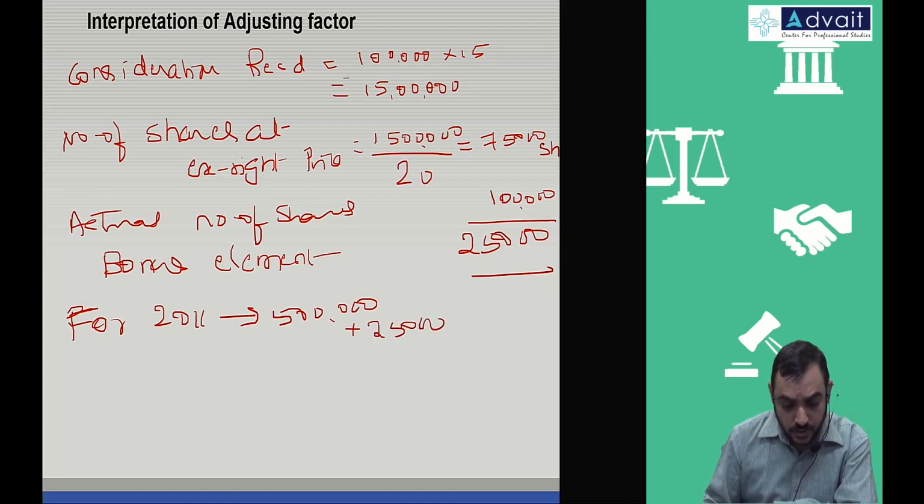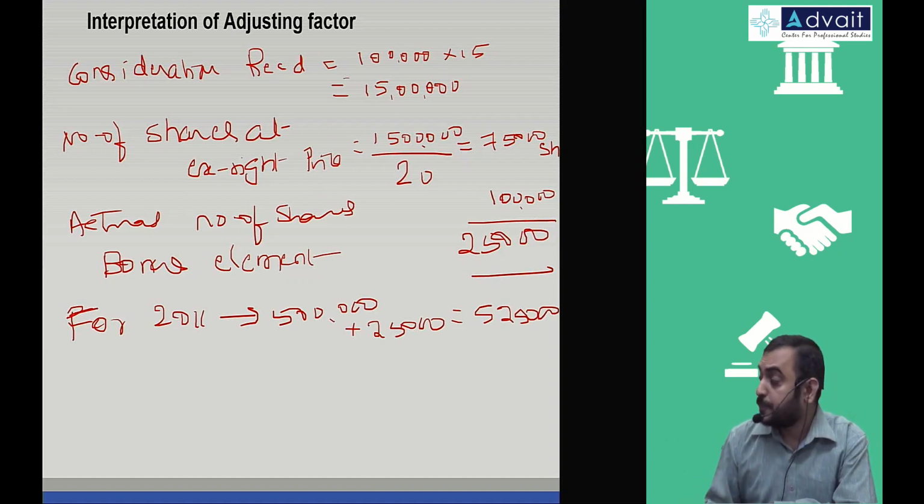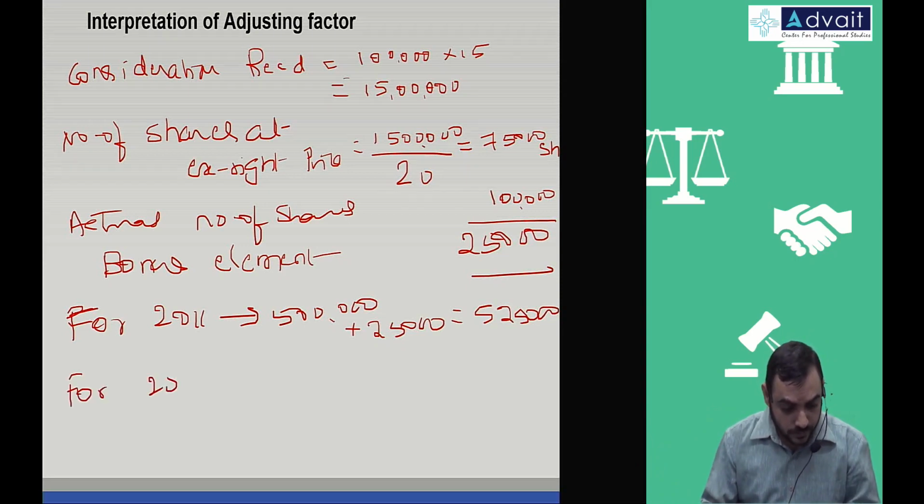So for the previous year, for 2011, the number of shares will be 5 lakh plus 25,000, because the bonus issued is considered from the first day itself of the previous year, which is what we have also considered. But how did we get that 5 lakh 25,000? 5 lakh multiplied by 1.05. And here we did 25,000. That is, ultimately the amount 5 lakh 25,000 is given effect. And for 2012, the current year, 5 lakh is taken,